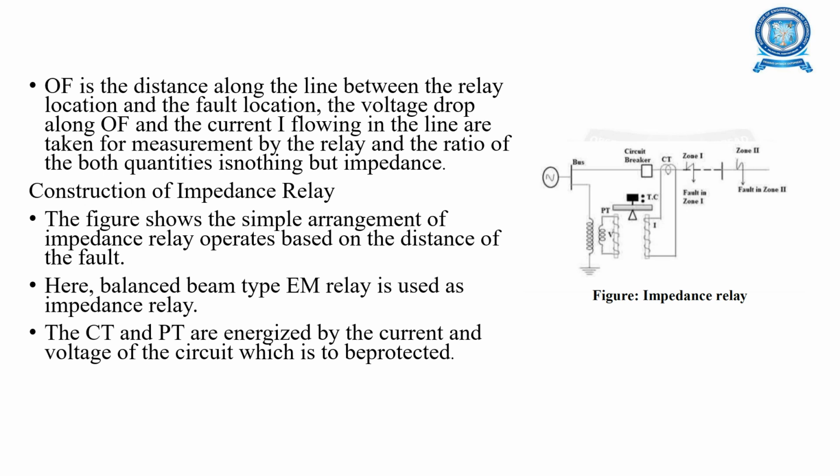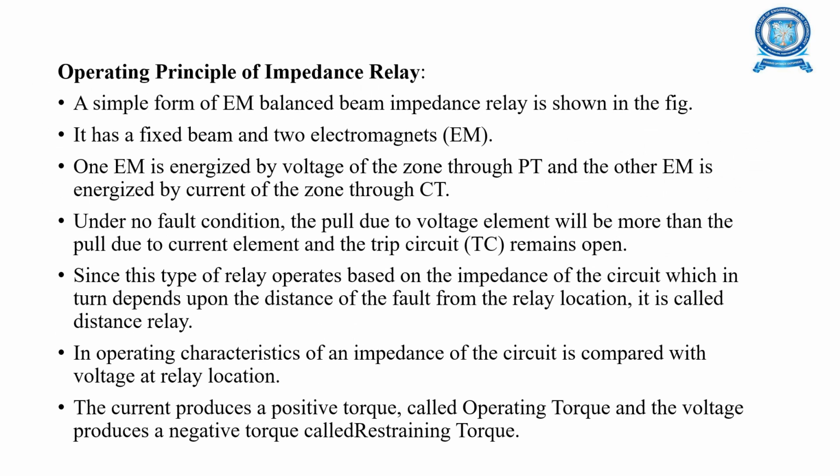Construction of impedance relay. Here is the diagram you can see. It shows the simple arrangement of an impedance relay. A balance beam type electromagnetic relay is used as the impedance relay. The current transformer and potential transformer are energized by the current and voltage of the circuit which is to be protected. The operating principle: it has a fixed beam and two electromagnets. One electromagnet is energized by the voltage of the zone through the potential transformer, the other is energized by the current of the zone through the current transformer. Since this type of relay operates based on the impedance of the circuit,